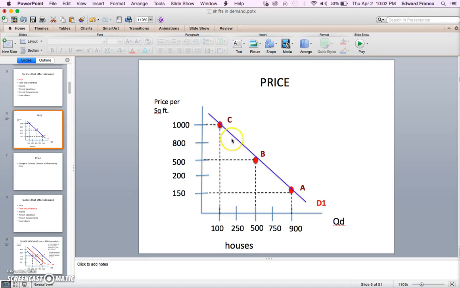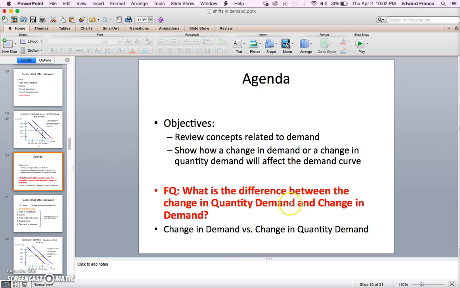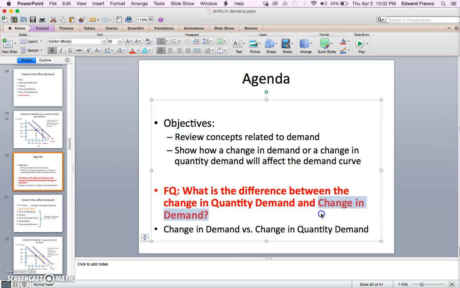The distinction here is that there is only one demand curve. A change in price will give us a movement along the demand curve. There's no shift. On the other hand, a change in demand will shift your demand curve